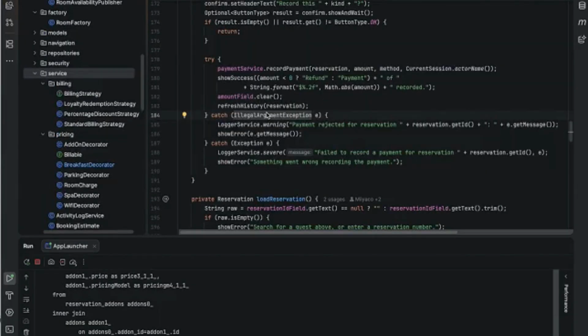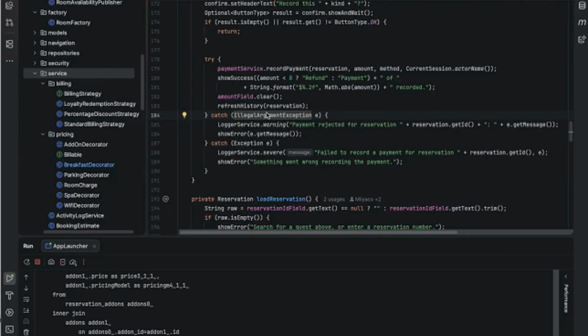The main challenge I faced is that the payment column showed paid reservations as unpaid, and it turned out that the invoice paid flag was only flagged during checkout, so a reservation that was fully paid through the payment screen still displayed as unpaid in the booking list. I fixed it with the sync hold flag and the record payment. The flag flips after every payment or refund and syncs the invoice paid flag, so the list reflects